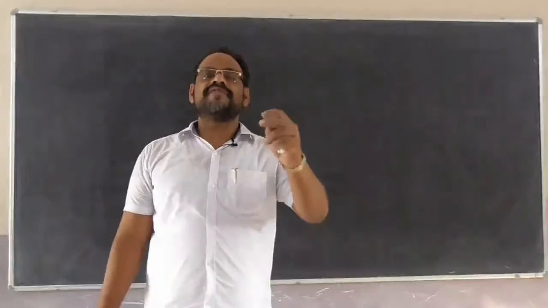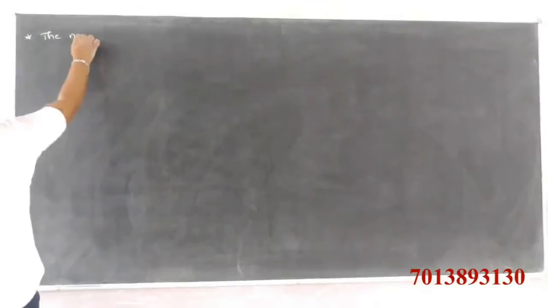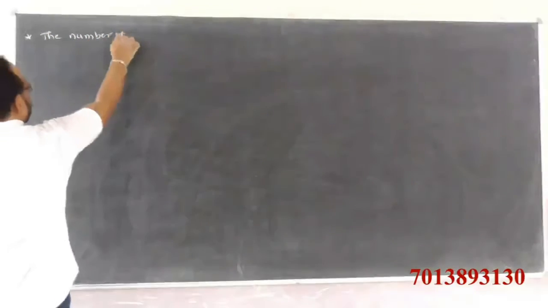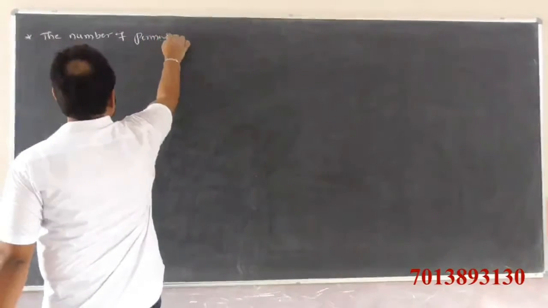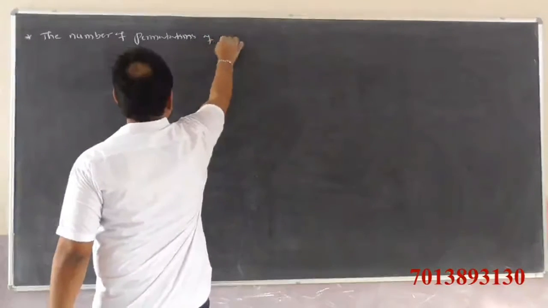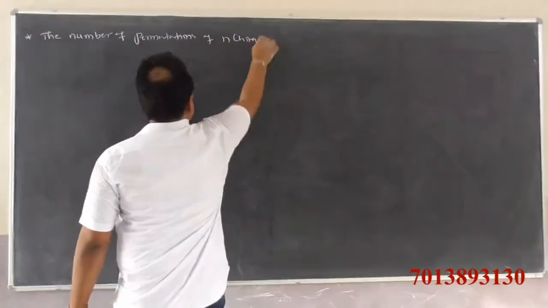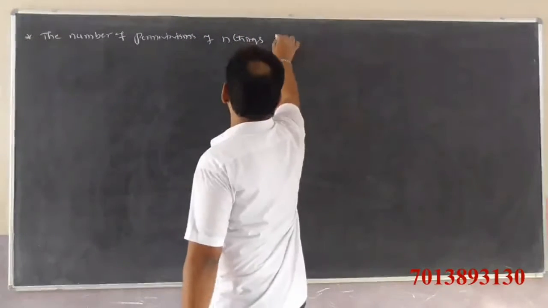If we extend the formula, that is n factorial by p factorial, the number of linear permutations of n things in which